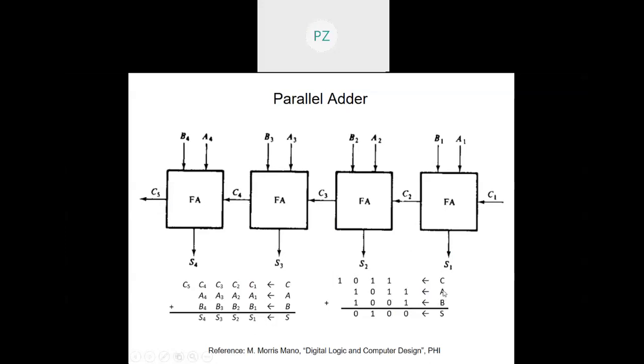For example, we are given two numbers A and B, so we will add 1 and 1, that will be a 0 with a carry 1. So the same thing will happen: a 1 here and a 1 here, and the sum will come out here and the carry will go here. Similarly, a2, b2 along with the carry: a2 will be 1, b2 will be 0, and this carry coming out from the previous stage will be fed here. All three will be added in a full adder. The sum will come out to be 0, and the carry which is 1 will go to the next stage.